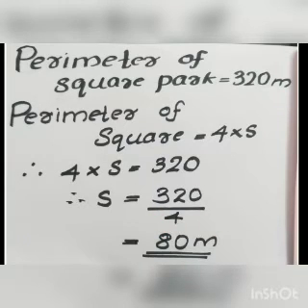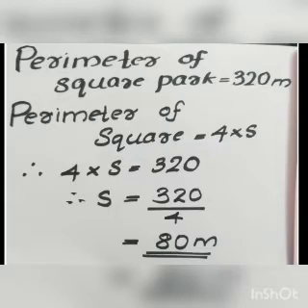Here you should know how to form the relation. That relation is, perimeter of the square park is given. You know what is the perimeter of a square park. The relation, that equation of the perimeter of a square, you know, that is 4 into side. So we equated those two, that is 4 into side is equal to 320, from which you can find the value of side. What is side? 80 meter. So you found side.